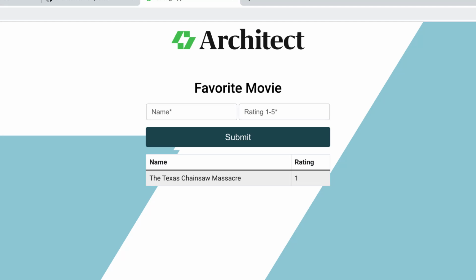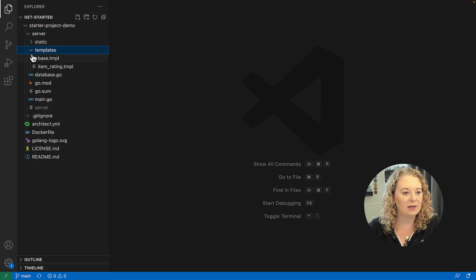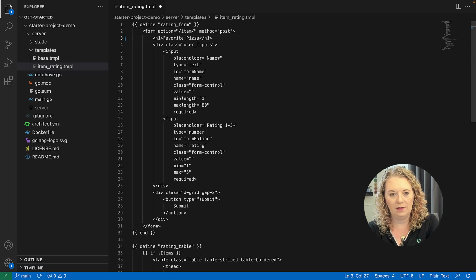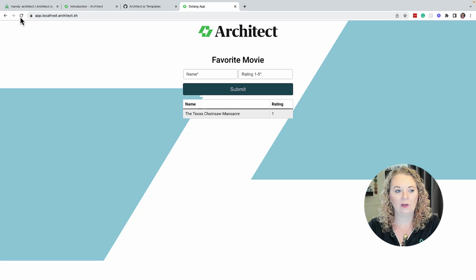Architect for local development. I'm going to hop over to VS Code and open this project, and I'm just going to change movies to pizza. Save that, and when I hop back over and refresh, you can see that the changes take effect immediately without restarting the application stack. This is going to speed up your development and allow you to iterate quickly without stopping